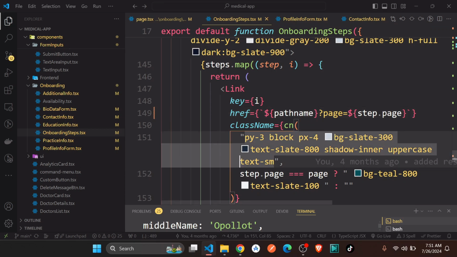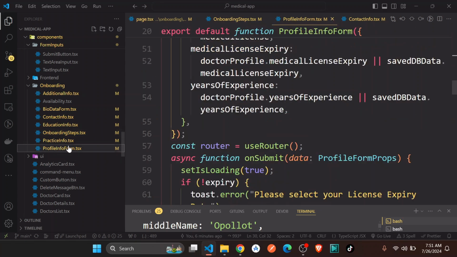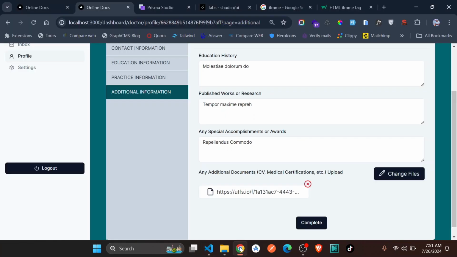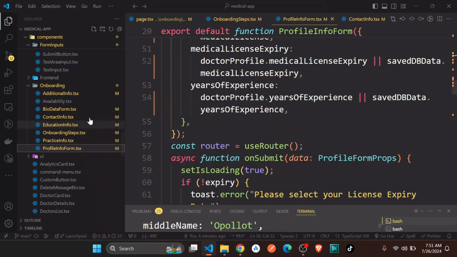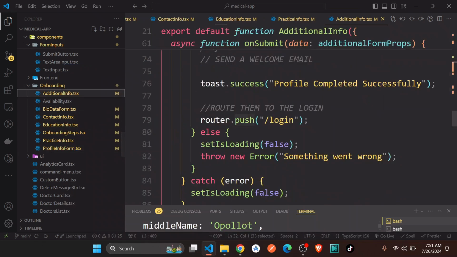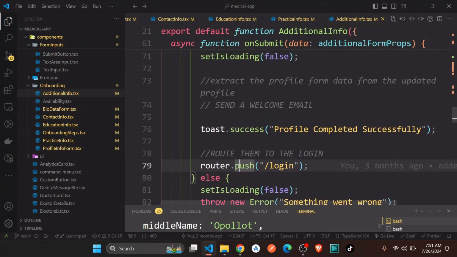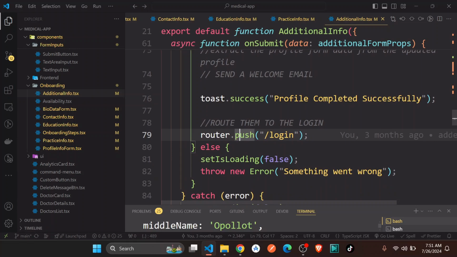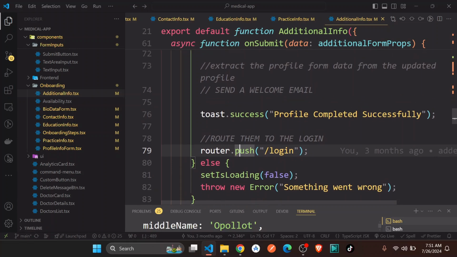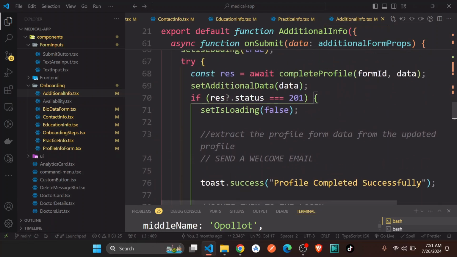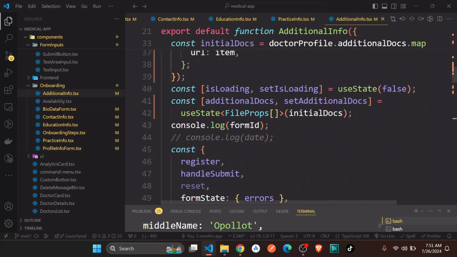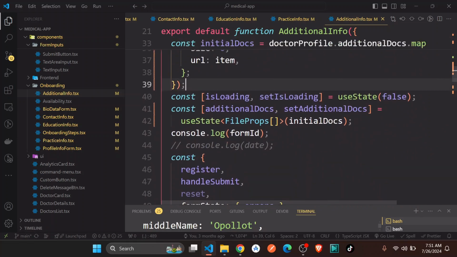I'm just going to go to, I think this profile, which is the last, and it is additional information, the first one. Okay, so here you can see this one pushes. I'm just going to only do this if this is, so I'm just going to do here